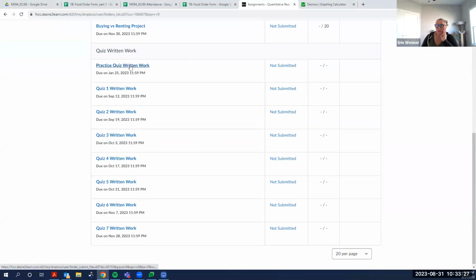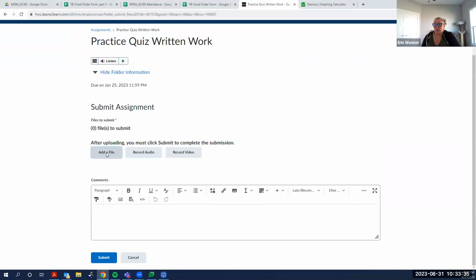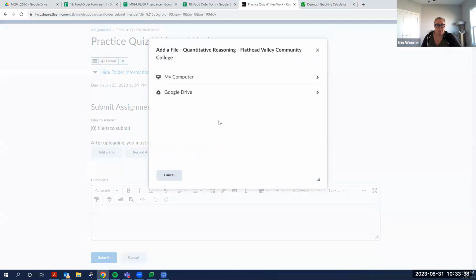So you would click on the practice quiz written work, and then you're going to want to add a file, okay? So when we click on add a file, you have two options. You can add your file from your computer, or you can add your file from Google Drive. Again, this is why I have us link our Google Drive with Eagle Online, and why you're using Adobe Scan and having your school Gmail account be a link to your Adobe Scan, because when you upload from Adobe Scan, it goes straight to your Google Drive, and then you pull in here. Like it creates a nice seamless thing, right? So you can choose Google Drive,